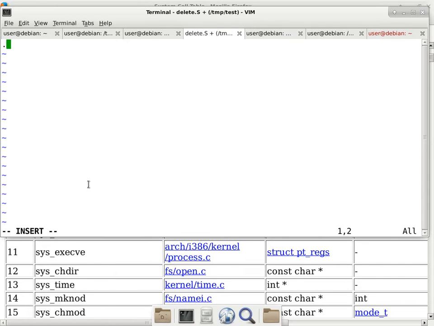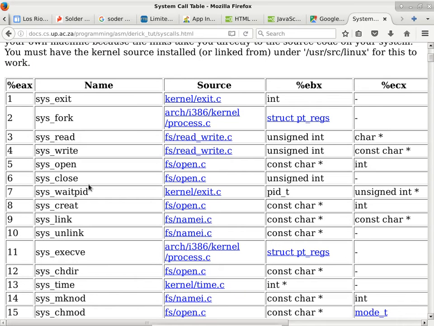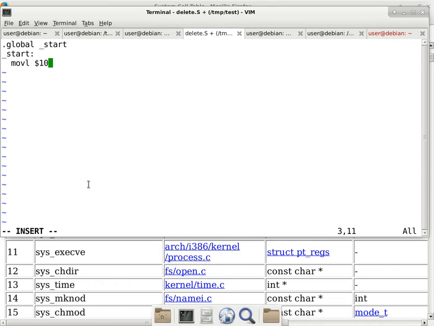Okay, so we have the usual stuff under .global _start. This is not a subroutine of anything, so this is self-contained assembly language code. So we have _start. The first thing is to move something into EAX to specify the operation. Looking at this table, can anyone tell me what is the value that I have to put into EAX? Unlink has a number of 10. 10, that's right. So 10 is the number to identify, hey, I want to ask the operating system to delete a file. So put that into